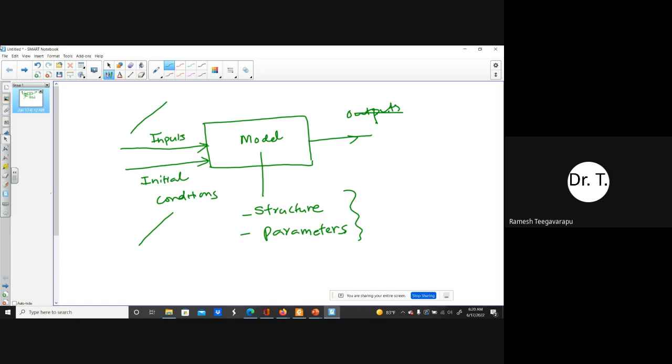In inductive modeling, you're not understanding the system, you're trying to put those causal variables which might be responsible for your output, and you're just trying to fit a model using technology, either artificial neural networks, multiple linear regression or non-linear regression, or model tree approaches, or any type of approaches that can help us relate inputs and outputs, and then we are developing what we sometimes call black box models. So those are inductive models.